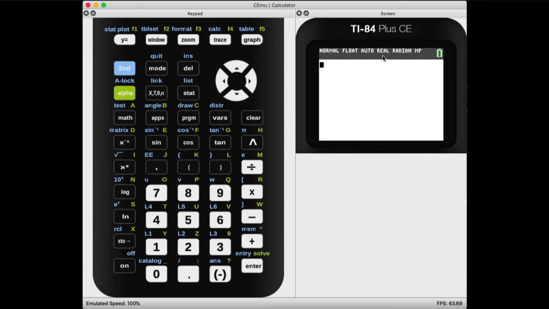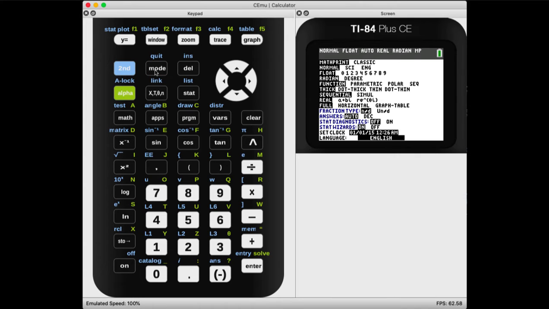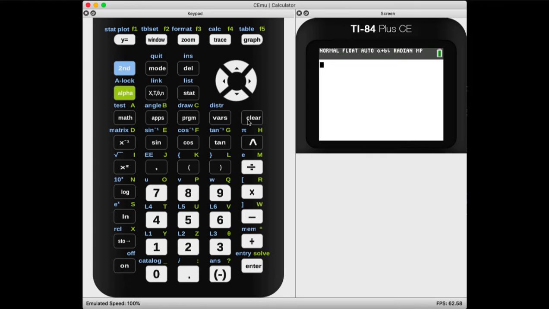But up here it says real. Well, if I go to mode, you'll see I've got all these options. Here it says real, and you'll notice next to it is a plus bi. So that's complex numbers, and that's what we want. So we can select that and hit enter, and now we can go back